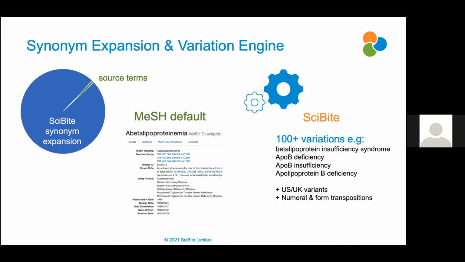Hey, James, I have a question. Hey, Nicole, yeah. So do you ever give feedback back to the source ontologies to suggest that they add these as new synonyms to the source? Yeah, so probably not all the variations of everything we add, but we do. Yeah, there is. I have a few examples of that later, actually, of some projects we've been involved with where there is some feedback that goes into this.